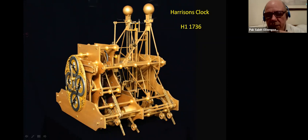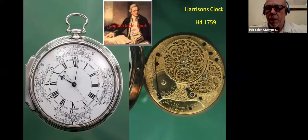and it's a very interesting story about this guy Harrison, who made the first seagoing clock. Of course, the clocks of the day all had pendulums, so you take them onto the sea and they just don't work anymore because the ship's rolling around. So he made the first clock, H1, in 1736, made of wood. It kept time fairly well, and he fine-tuned it to the point that by 1759, he had the fourth version